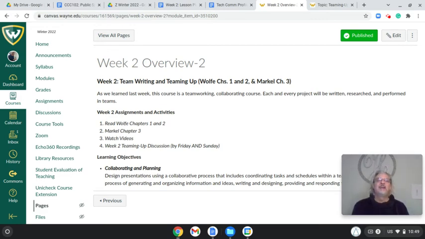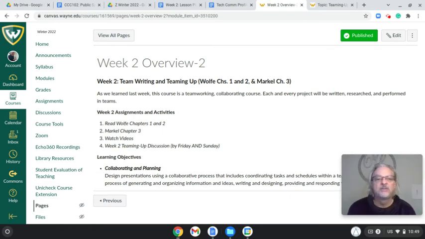So this week, our primary goal is to lay the foundation of team writing. We have a couple of chapters in one of our textbooks, what I'm calling the Wolf text, just because it's the author's last name: Team Writing: A Guide to Working in Groups.